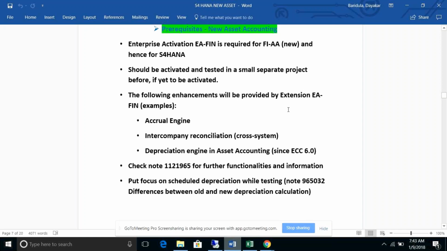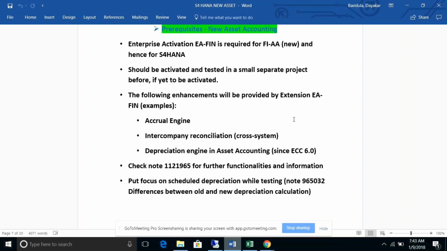So you need to migrate from classic to new asset accounting first, as a separate project, and implement it. Then we are good to go to S4HANA with new asset accounting. That is one thing we need to keep in mind.